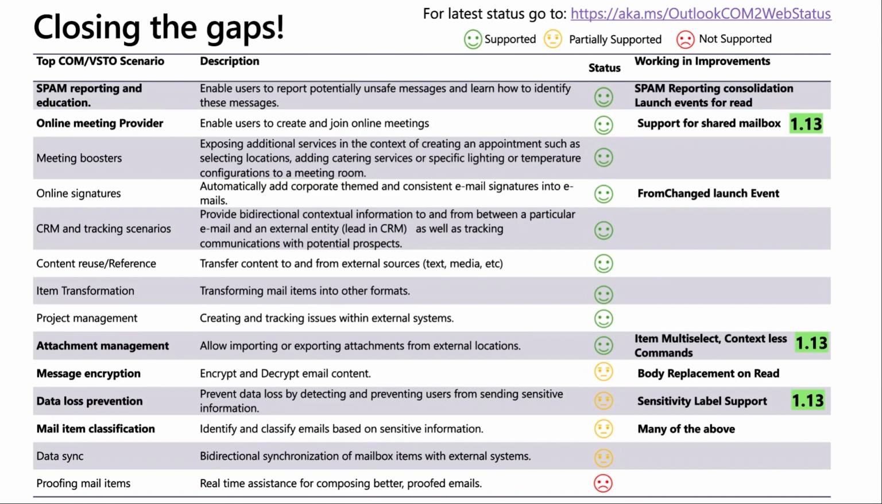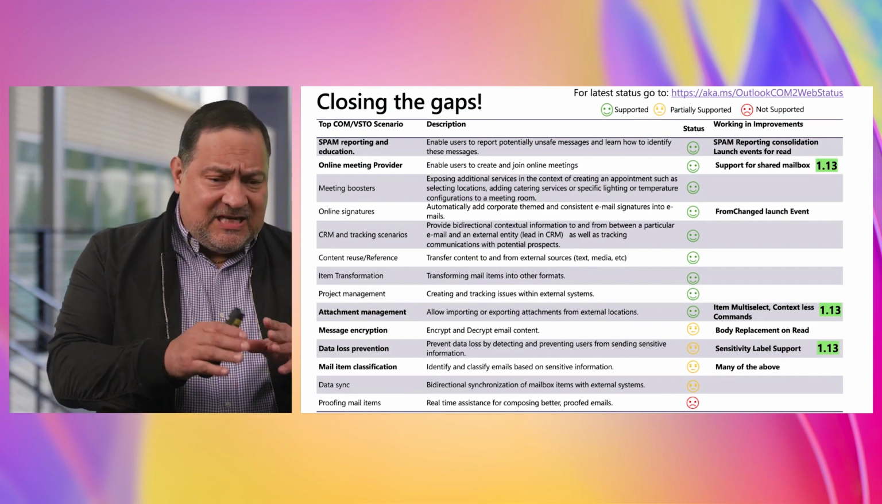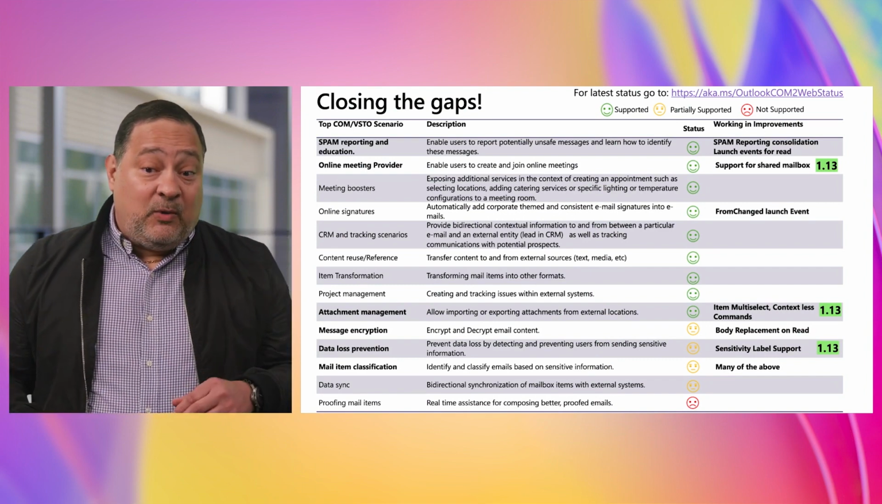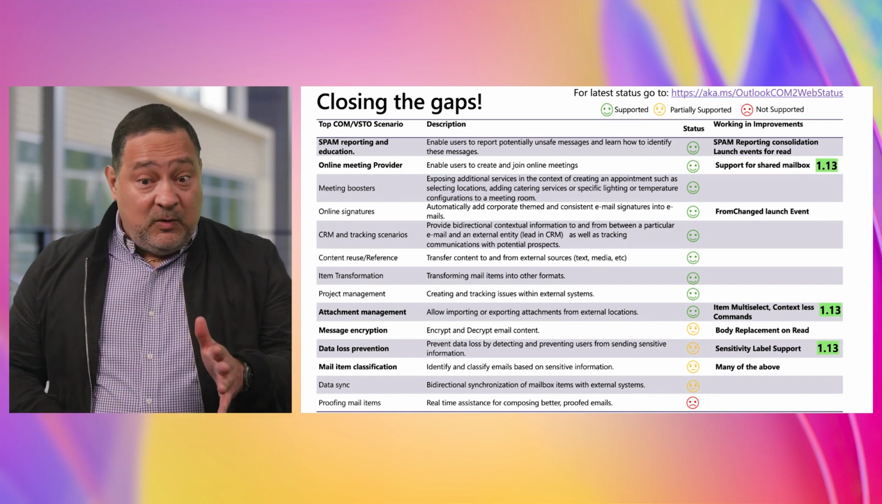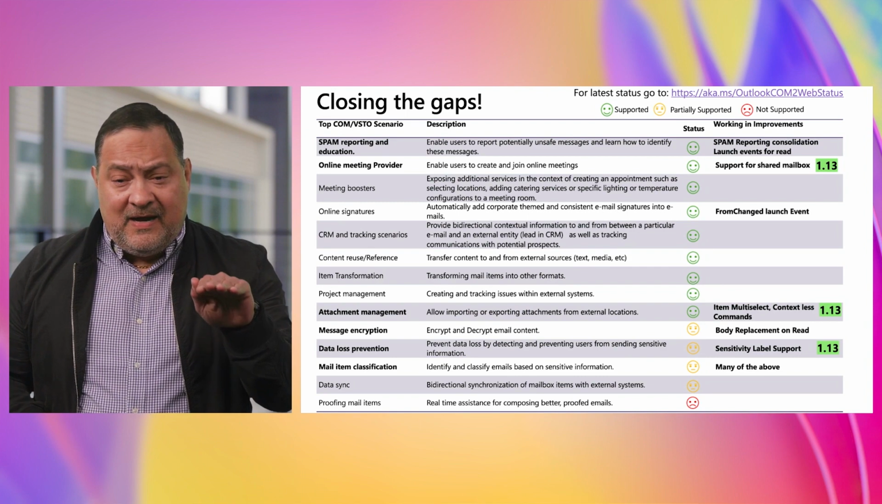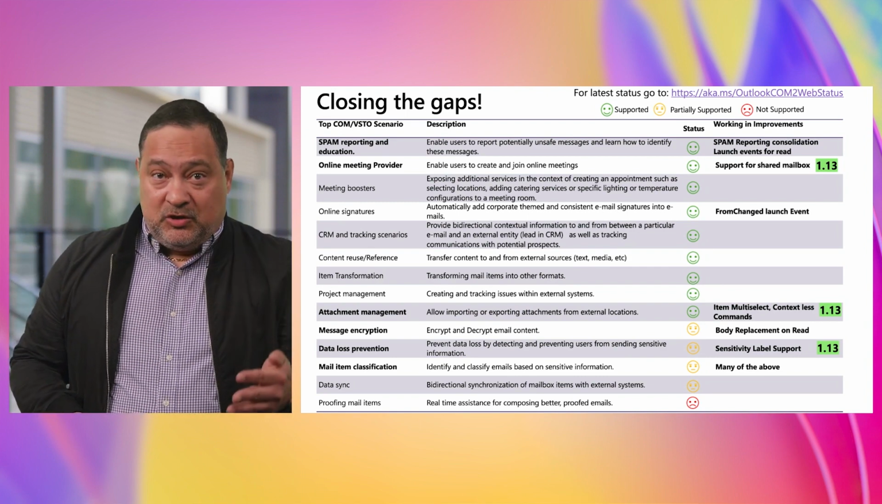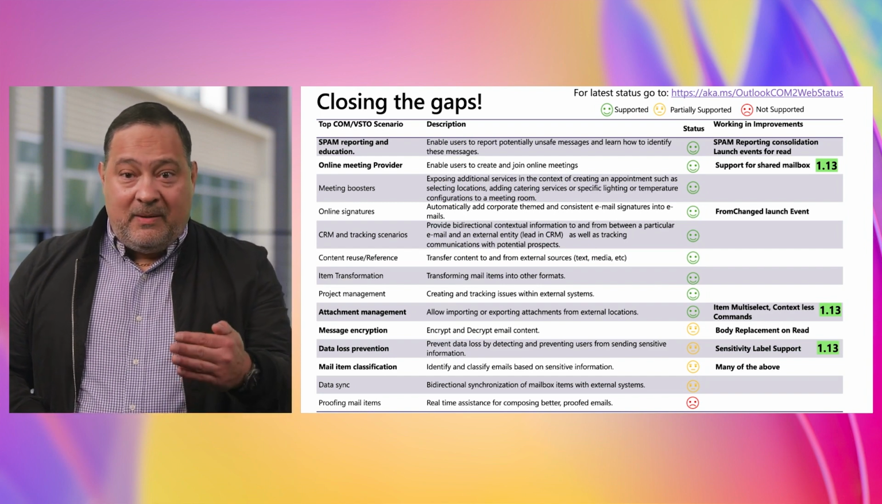And basically, one of the initiatives that we have in our team is to make sure that add-ins in those categories can be doable. So each item on this table represents one of those scenarios. And then you will see what is the top COM/BSTO scenario, and what is the status as a web add-in. So if you want to implement an add-in that is in that category of add-ins, it can be supported, which is the green phase, which means you totally should be able to do a very good web add-in that is